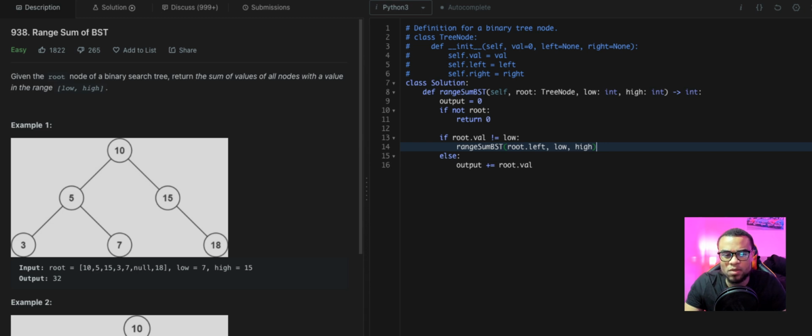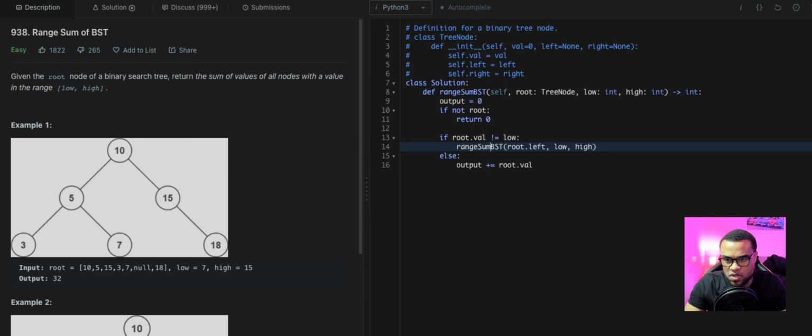But we also want to go down the right subtree too, because you get what I'm trying to say here, right? We want to only go down this subtree and then we can start going right and left of both things here. If I were to say this or right dot right, it will go down this as well, and unless I go down both, does that make sense? So if I said if root dot val doesn't equal low and root dot, actually that would make absolutely no sense. If root dot val doesn't equal low,